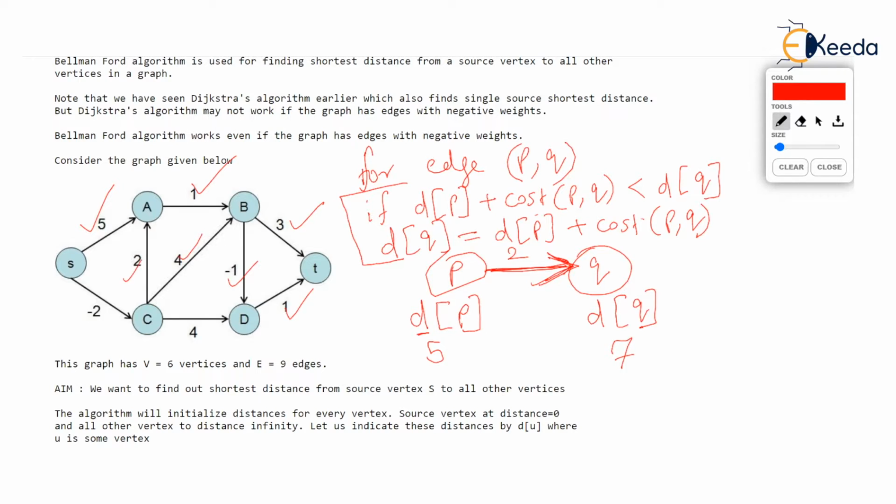Like when we are relaxing this edge C comma A, just imagine C comma A, what we are going to check is what is DC at that moment. And let us say DC is minus 2. I'm just assuming DC is minus 2. Then this DC will be added to this cost, which is 2 between the edge. So minus 2 plus 2 is 0. And imagine at that moment, distance of vertex A is phi. So what we are going to get is this distance of vertex A will no more be phi, but it is less than phi, isn't it? It is 0. So distance of vertex A will get reduced to 0.